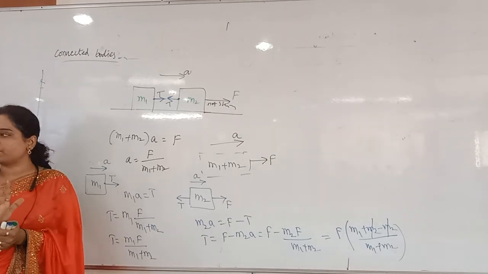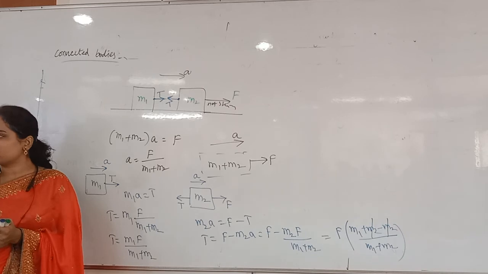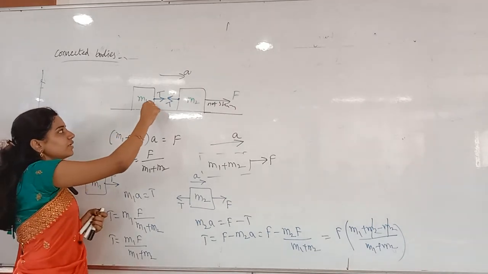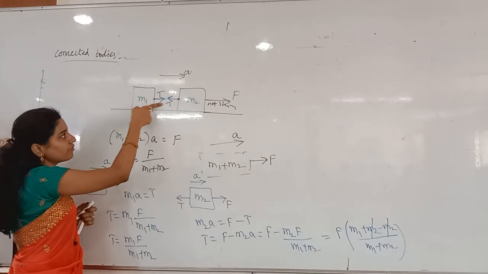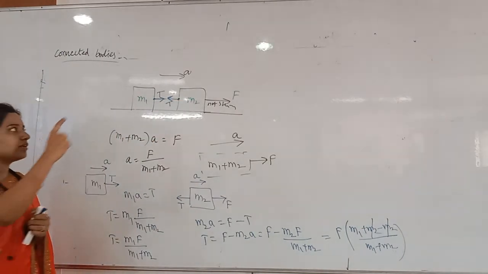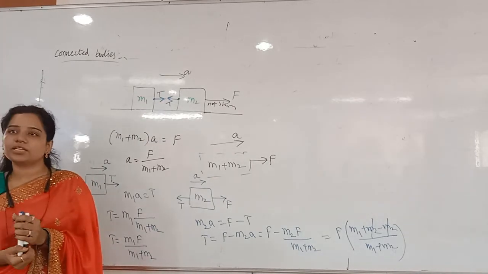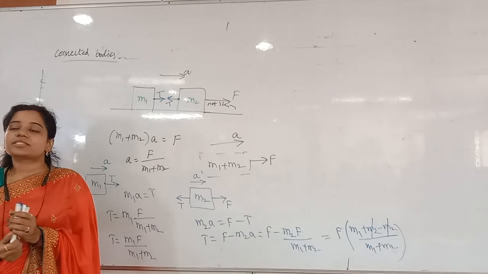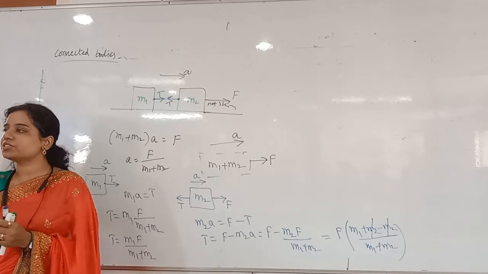After that I want to find out the tension. This one you should do carefully. So always you have to search for the connection. Where there is a connection, from that connection you have to draw the tension away. So here there is a connection, away from that. Here there is a connection but away from that. But I have taken only T here. Why? What is the reason? In both the cases I have taken T only. The string is the same. Only a single string is there, so a single tension will be there.